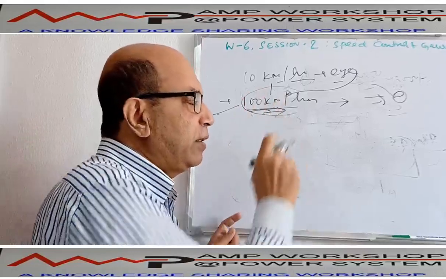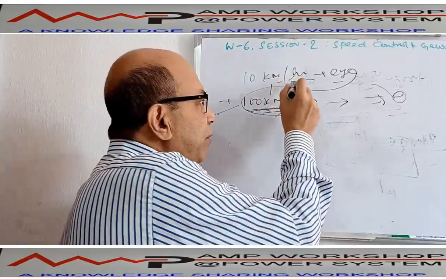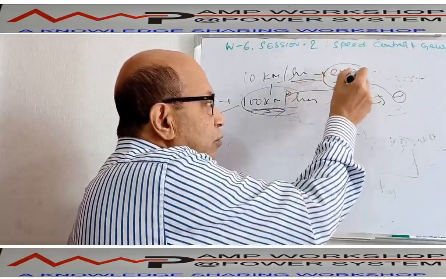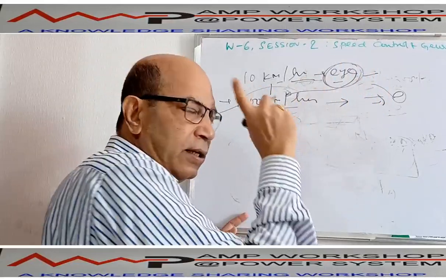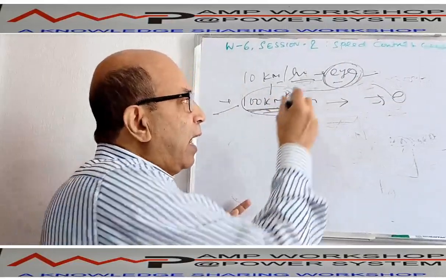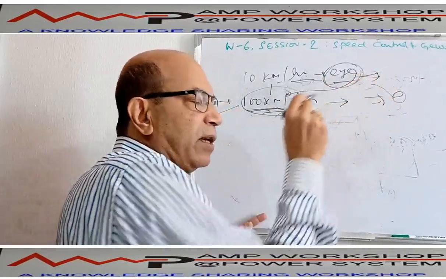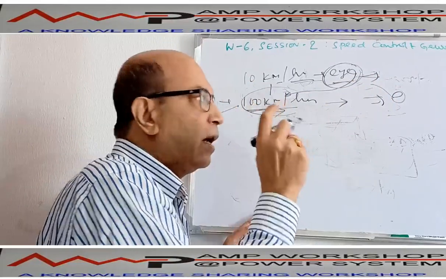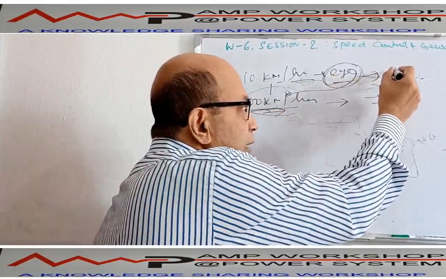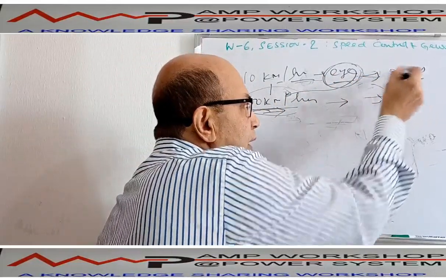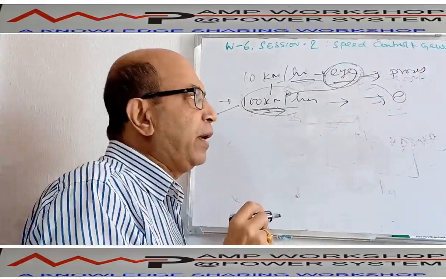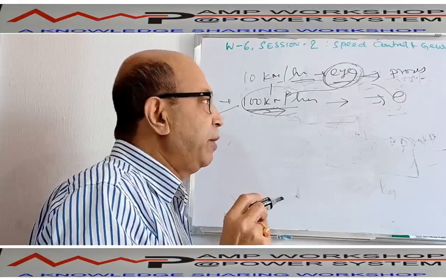That means how many things are working here? First is the 10 km per hour speed that is to be measured. Who is measuring? Who is the sensor? The eye is the sensor. Then the eye, sensing this, what is it doing? It is giving a signal through the wire, or through the nerve, to where? To your brain, which is the processor. It is giving a signal to your processor, to your brain, that you are running at this 10 km per hour, and your